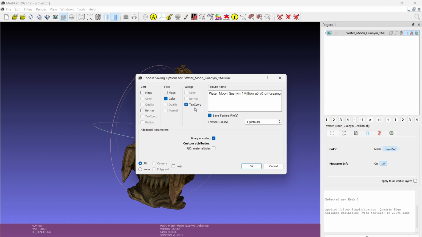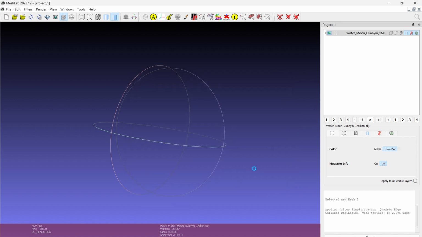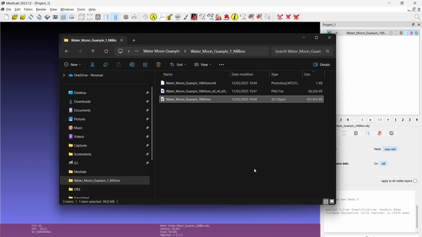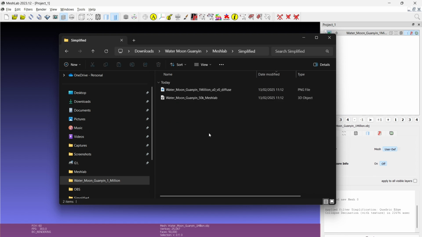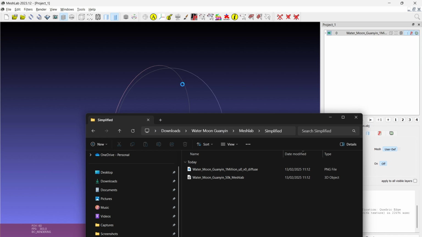I want colors, the texture coordinates as well, so the UV map, and to export the texture file to save that. Now I'm going to go to my export folder. This will take a little while because it's resaving that 8K PNG. So we've changed the number of faces that is used to represent the 3D model, but the texture file is the same size. We'll know when this is done when the model reappears in the Meshlab viewer. So what I need to do once this is finished is, there we go,